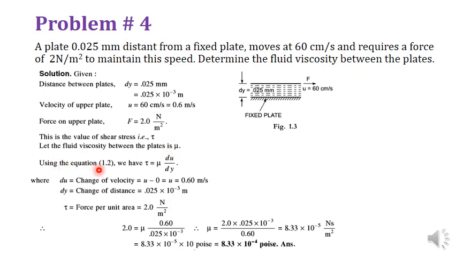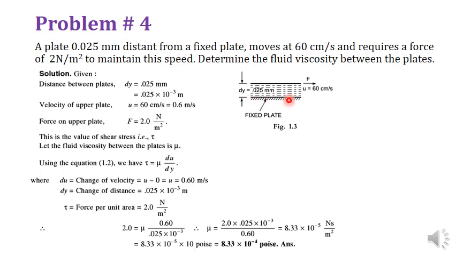So you can use again the equation of the shear resistance, tau equal to mu du over dy. Now for this equation, what needs to be determined? We have the velocity, that is u. The change of the velocity with respect to y distance is not given. So this gradient needs to be determined. Rate of change is very important. So for this rate of change of the velocity, you need du, not the u. For the du, you have the initial and final velocity, of course.